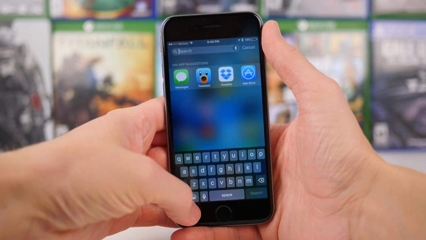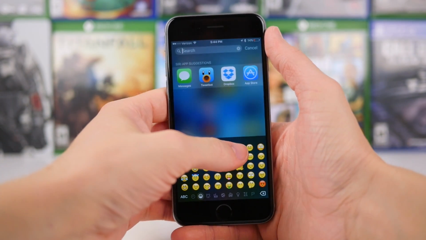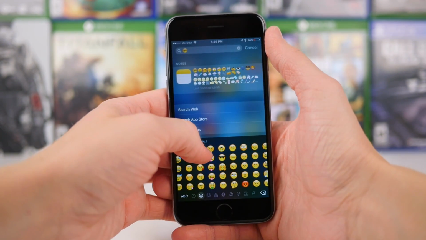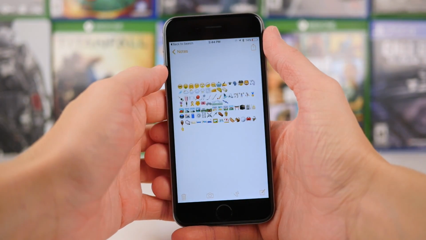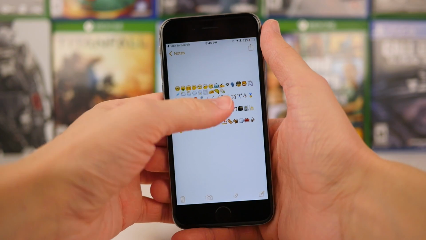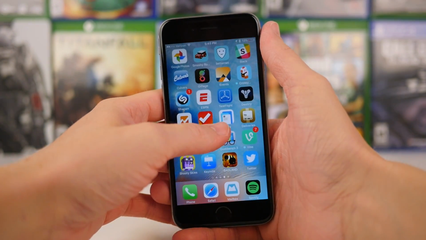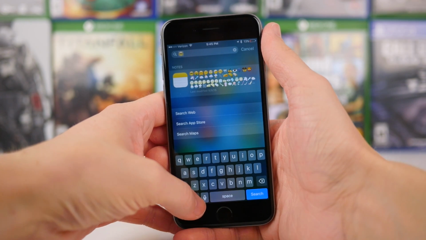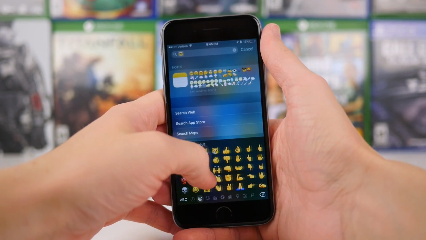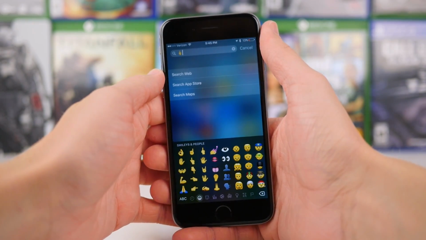After a few months of beta testing, this public firmware is finally out today, and it's actually a pretty nice upgrade. Now, I'm not going to read the full changelog this time around, just because it is relatively lengthy, but if you're interested in reading a full changelog, you can head over to the link down below in the description, which will of course shoot you over to a blog post on my website with the full changelog. But what I wanted to highlight in this video is really the 3 or 4 big changes in iOS 9.1,